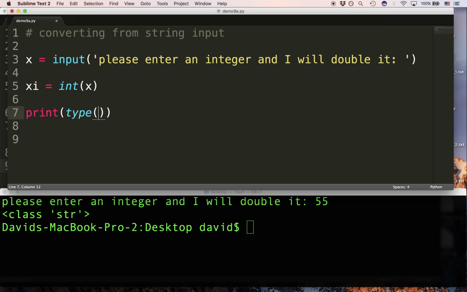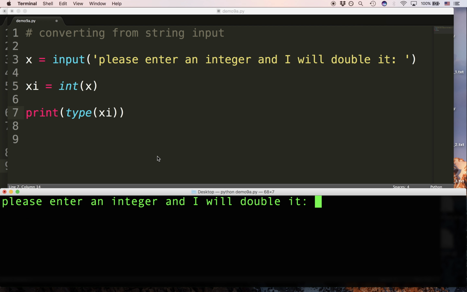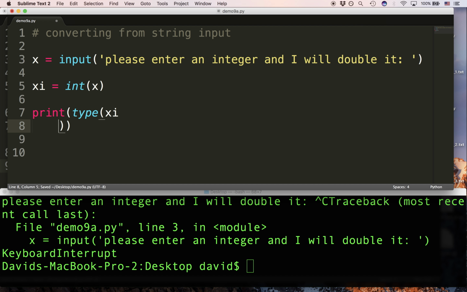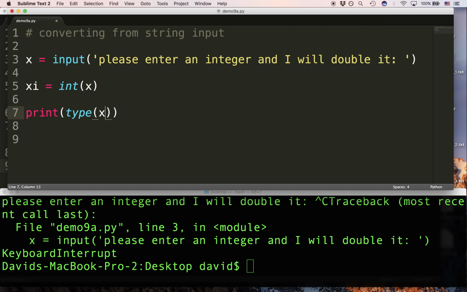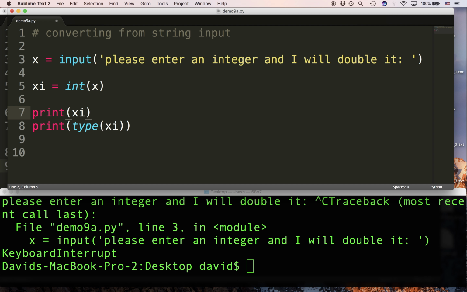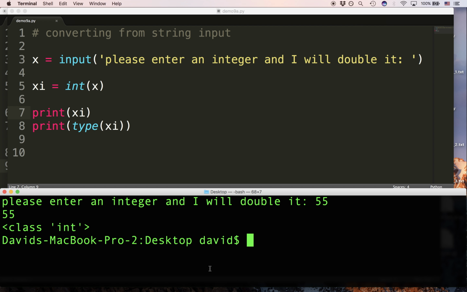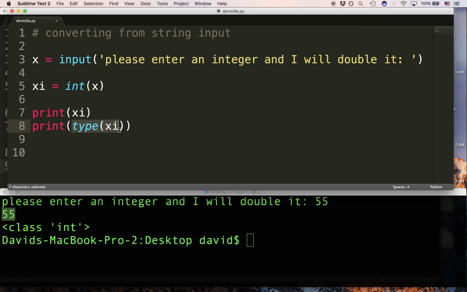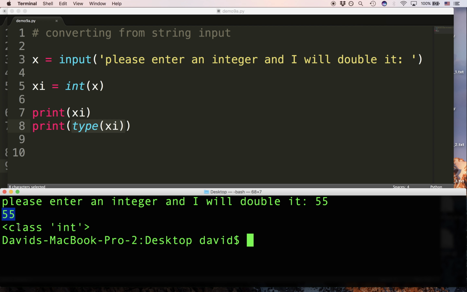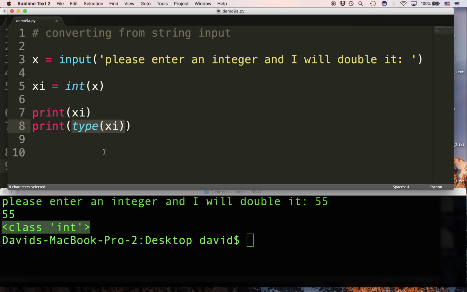And if we print the type of xi, we should see that it is, as long as I save it. In fact, why don't I print xi, and then I'll print the type of xi. 55. Okay. So now I typed something into the keyboard. Input returned it as a string. That string got converted to an integer. I printed the integer, as you can see, 55, and I verified the type of xi by printing the type of xi. That indicated to me that xi is an integer,